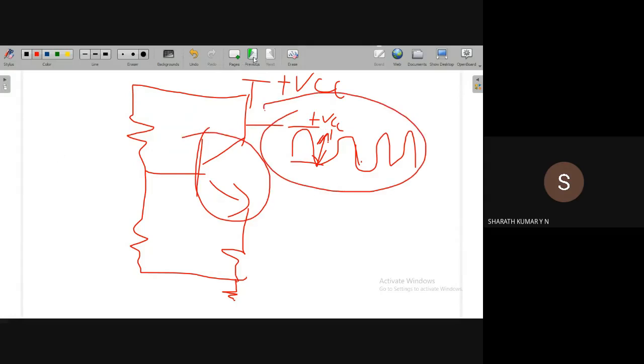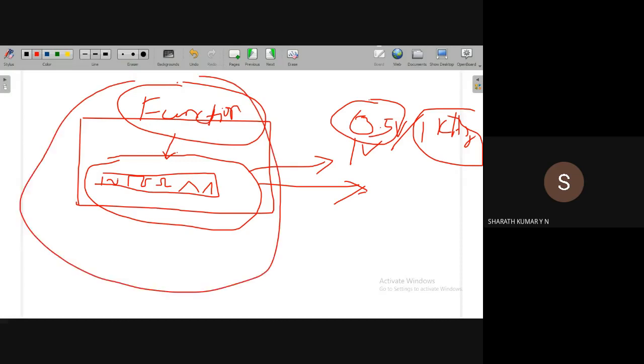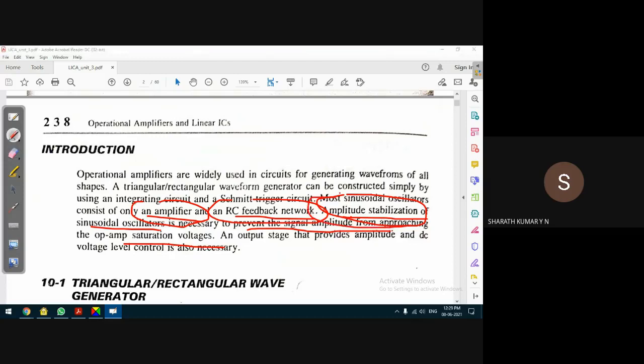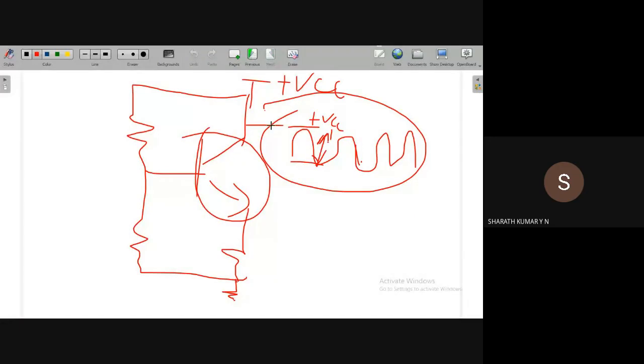For example, if you remember, in the function generator we used to control the output voltage. For example, we can set 1 volt, or 0.5 volts, 1 kilohertz, something like this. We should be able to comfortably set the required voltage and required frequency. Then only is this function generator of some use. If it gives only one voltage, let us say plus 50 volts always, then it is of no use. It is not a function generator anyway. So what is required is that the amplitude should be stabilized, meaning we should get the required amplitude from the oscillator. For that we have to go for additional circuitry that we'll discuss now.